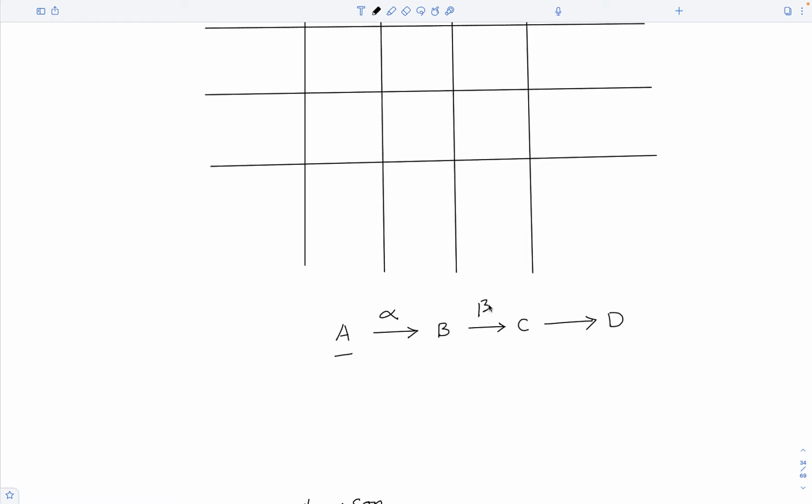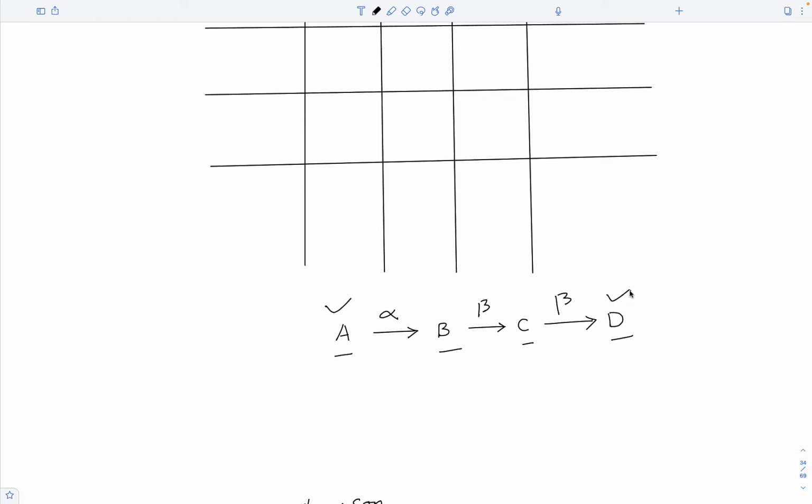After emitting beta particles, atoms of B become atoms of another element C. Say C is also radioactive and it also emits beta particles. Again, after emitting beta particles, atoms of C become atoms of another element D. So, an alpha and two beta particles got emitted in this sequence, and atoms of A finally became atoms of